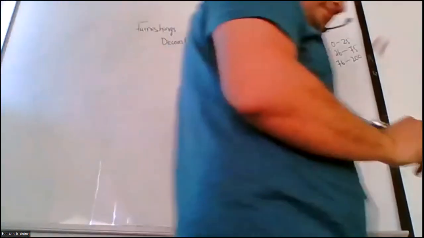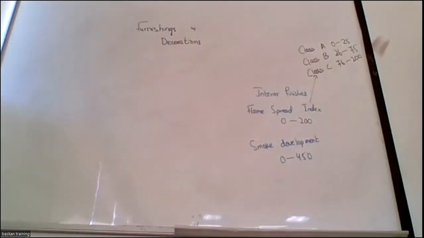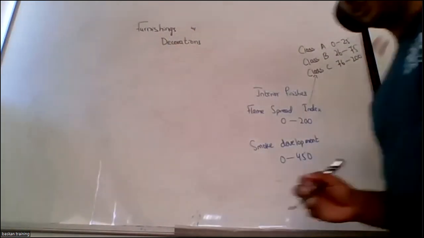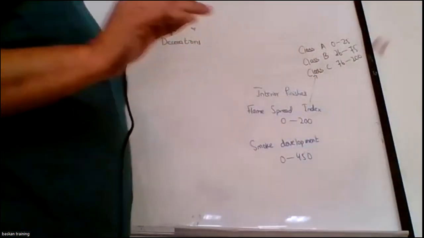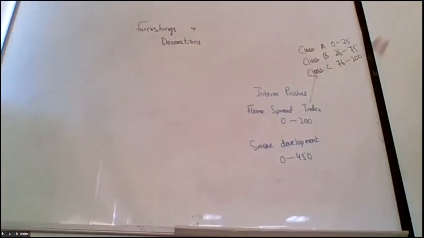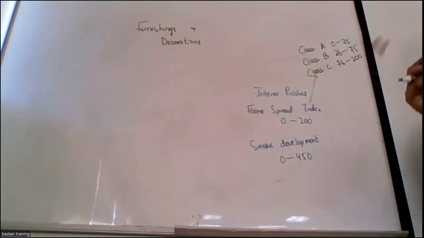Your furnishings and decorations have flame spread index values. They also have an amount of radiation they can emit per unit of area. For example, if I'm keeping this table here, it has the capability of releasing energy. In Section 2 we discussed that the amount of energy that can be released is in watts per square meter. So each and every component has the capability of releasing energy per square meter.